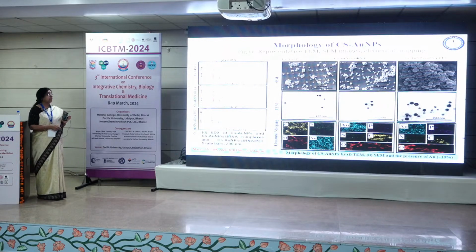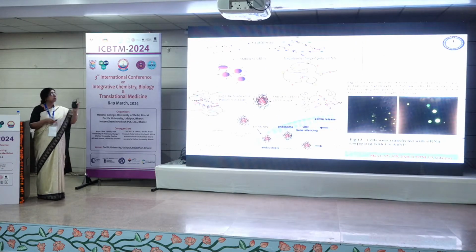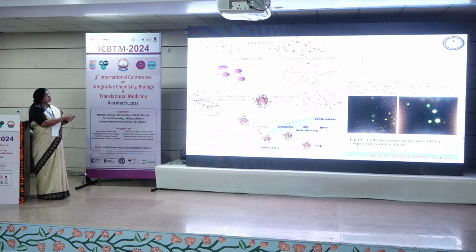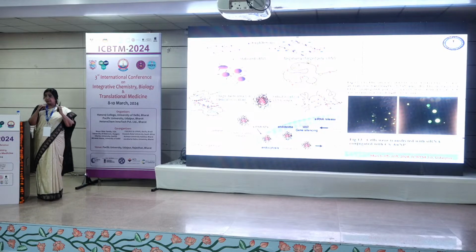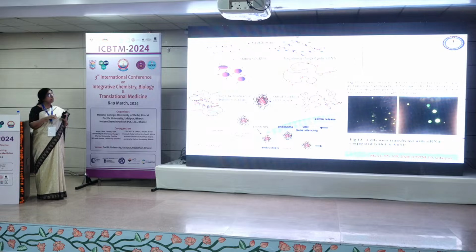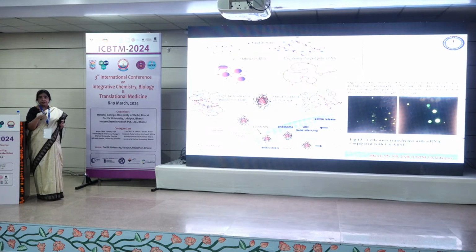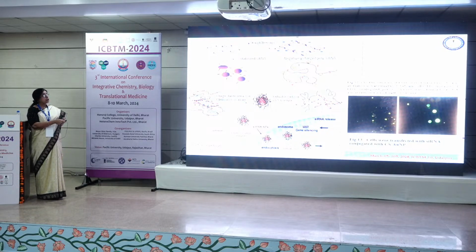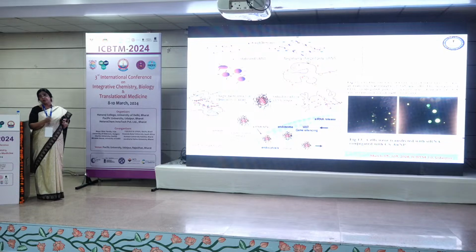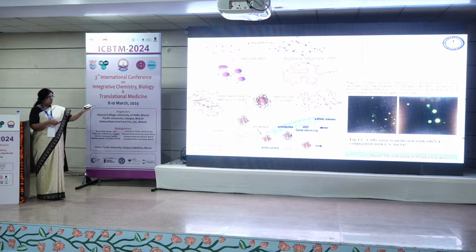How do I functionalize them? I must stabilize it with the help of PEI, that is polyethylenimine. Why do I need that? Because I would require it for transfection, and it will facilitate its entry into the cells. So we did the binding assays to see whether the binding was correct, and then we hypothesized that it would be internalized like this. After that,